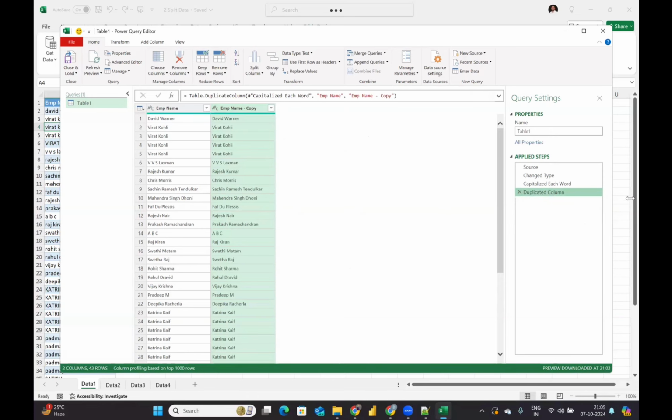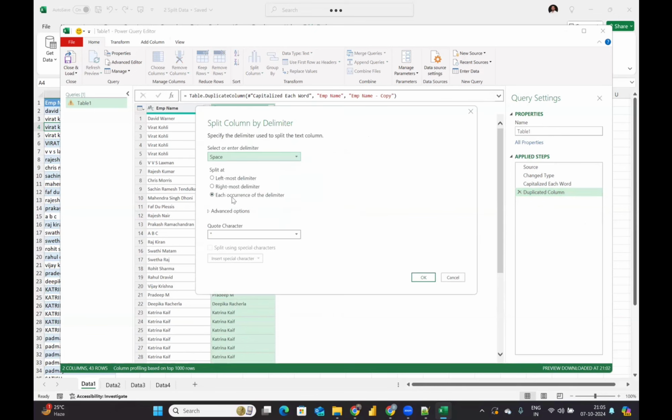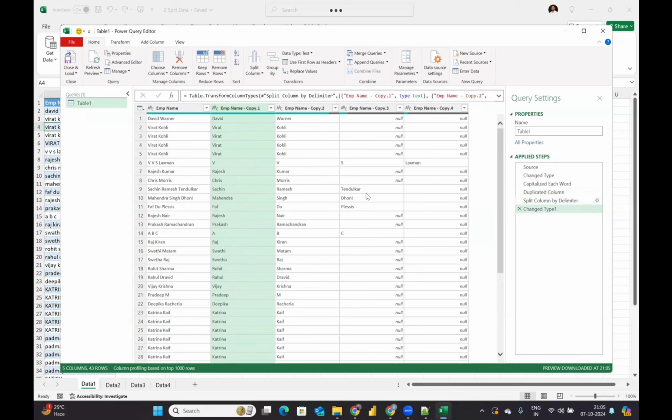ये स्प्लिट जो भी कराओ ना, उसको क्लोज कर रहा हूँ। फिर से करता हूँ मैं। राइट क्लिक, स्प्लिट कॉलम बाय डिलिमिटर, each occurrence of the delimiter, space is my delimiter, click OK. Now you can see that Sachin Ramesh Tendulkar. हेडर का नाम आपको चेंज करना है बोले तो उसको चेंज कर दो।